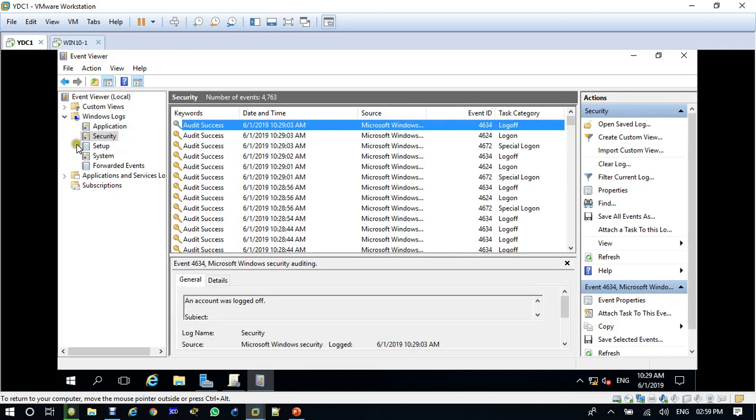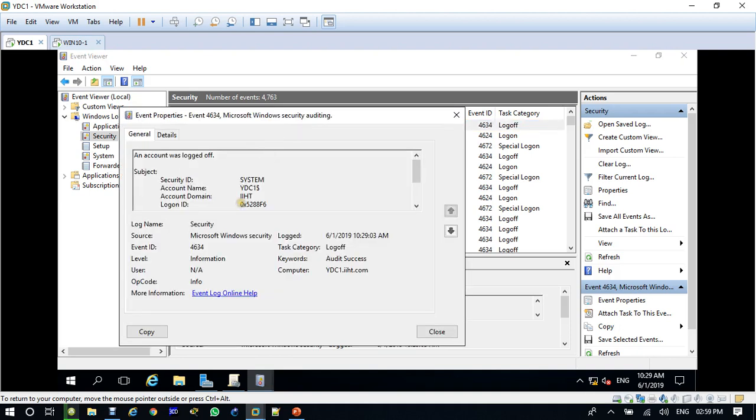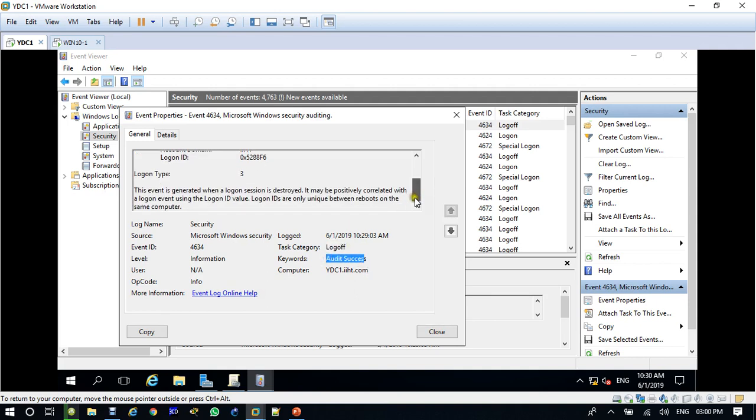So in Security you will get the logs showing which user has accessed at what time. You can see here, let me open logoff, open it. So you can see here the user domain is AST, okay, and the computer name is Yaoundé DC1. He logged off at that time. The logon is successful, logoff was successful, okay.